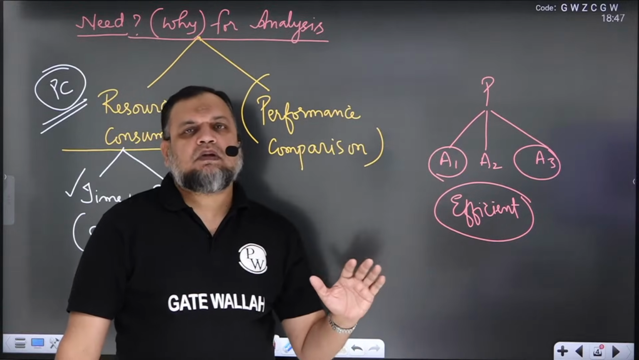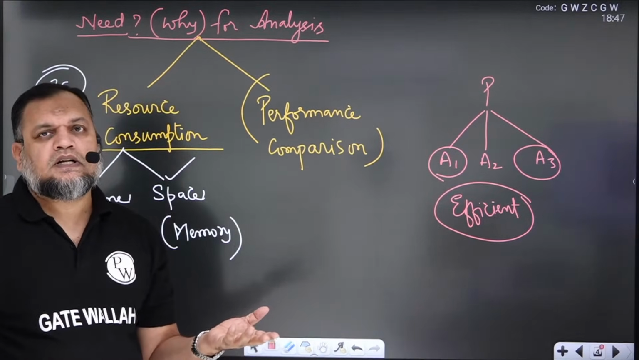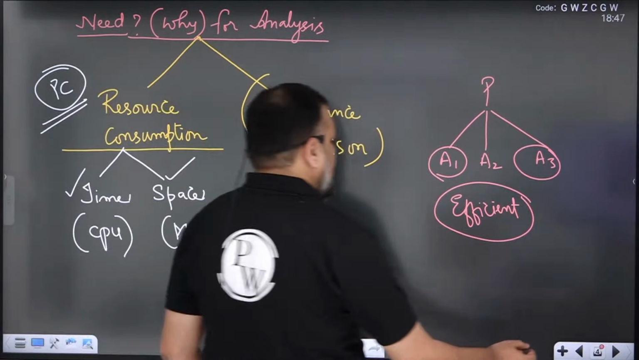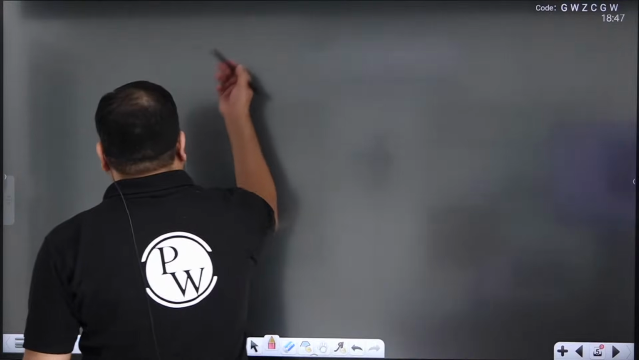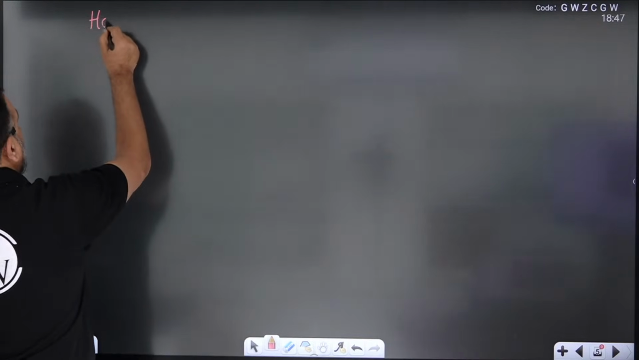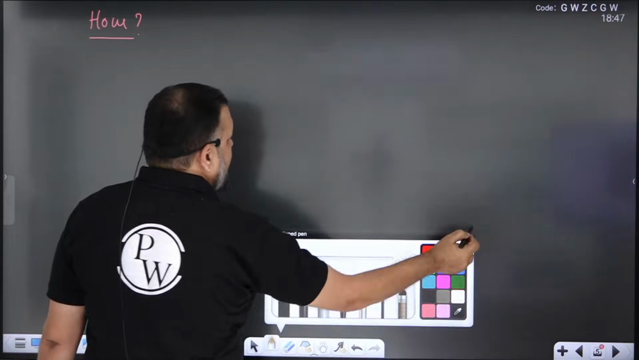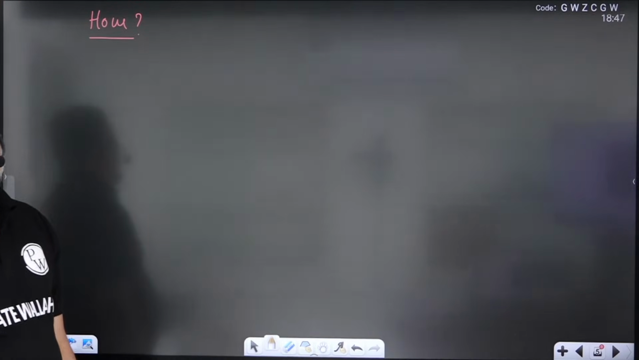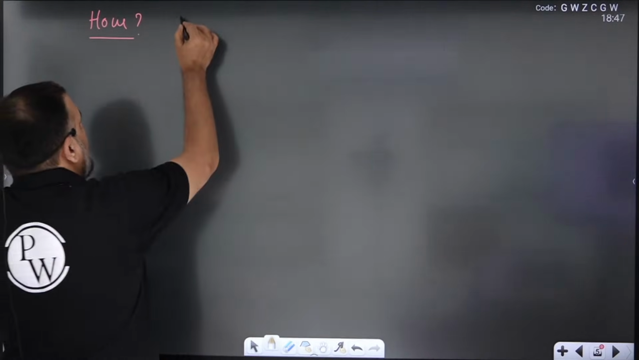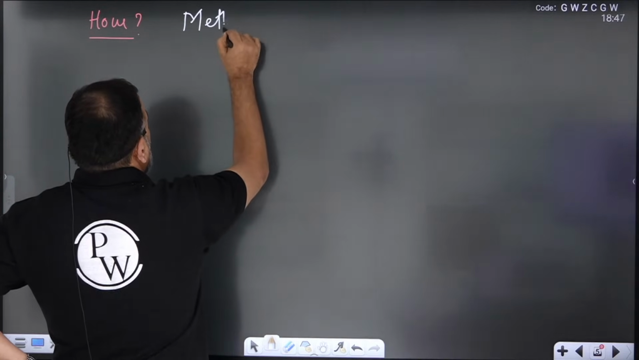तो जब बात समझ में आ गई कि what is the need for analysis, तो नेक्स्ट ऑब्वियसली क्वेश्चन आएगा कि हाउ टू डू द एनालिसिस, हाउ टू एनालाइज, हाउ टू डिटरमिन द रिसोर्सेस। नेक्स्ट क्वेश्चन होगा हाउ, मतलब आप कैसे टाइम डिटरमिन करोगे, कैसे स्पेस डिटरमिन करोगे। तो वो क्वेश्चन हम एड्रेस करते हैं इन द टॉपिक मेथोडोलॉजी ऑफ एनालिसिस।